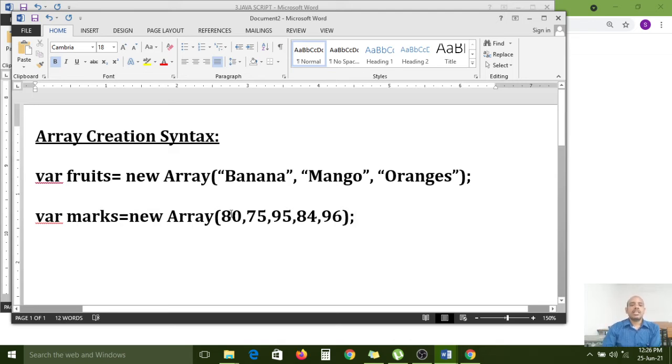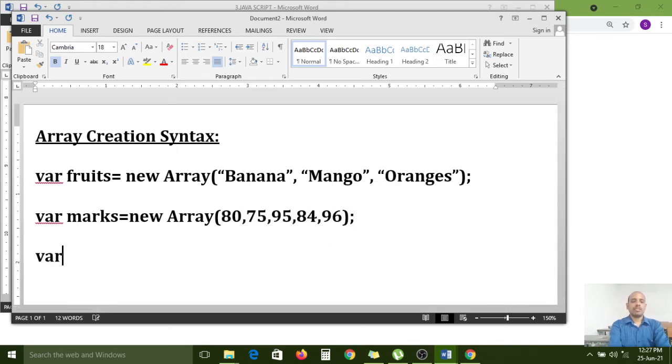Here we have stored numbers, so double quotes are not required. I created a list of strings with the new Array object, and a list of numbers I have stored in the marks array. In the first array three values we have stored; in the second array five items we have stored.